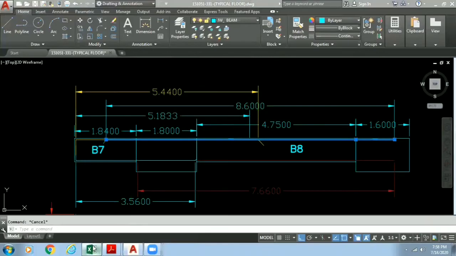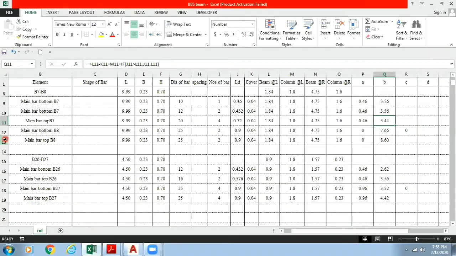So let us see in the Excel sheet as well. It is 8.6. And you can see I have entered a formula over here. If you want to know how I have entered this formula, if you want a video on that, please do mention it in the comment box. I will surely make that video on how we can enter the formulas in Excel, how we can enter our logic, and by which way we can proceed to enter our logic in the Excel sheet.